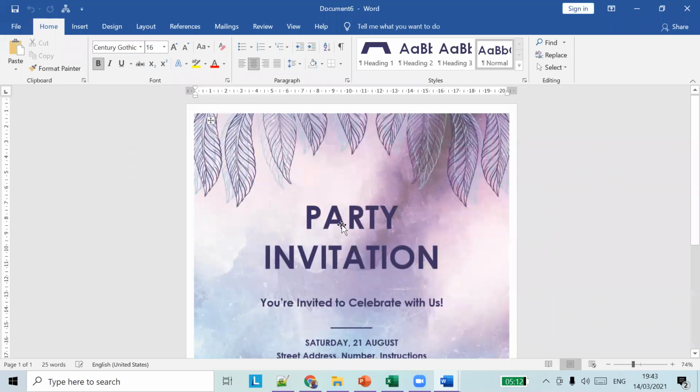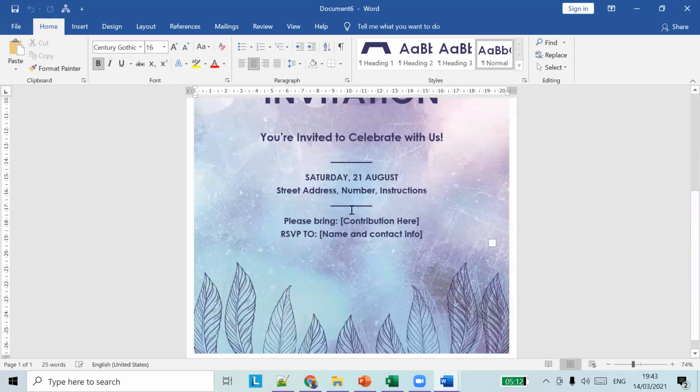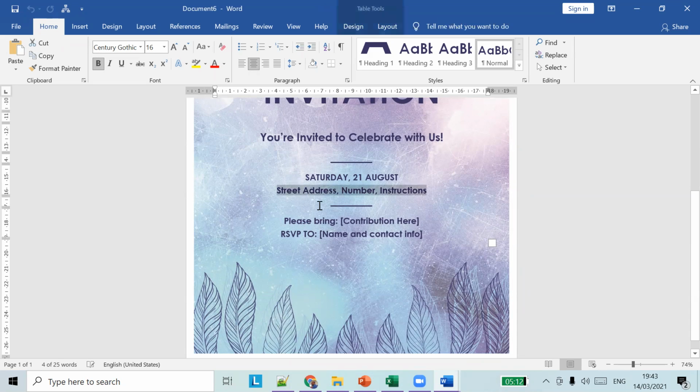Maybe you can choose all these details. So: you are invited to celebrate with us. We can give the address. The address is Hougang Avenue 8, block 8, SG 570345.